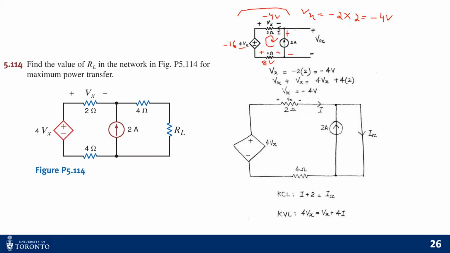So if we apply the KVL, it's minus 8, right? And then the minus is because of the minus of the voltage source, and the magnitude is minus 16,